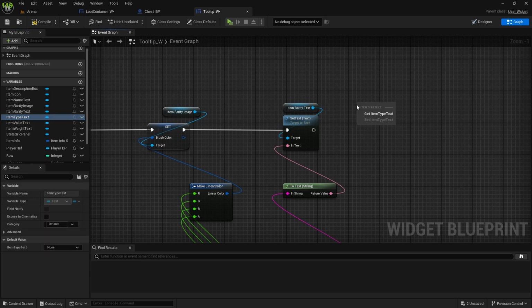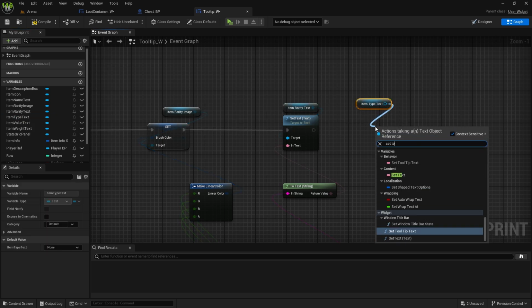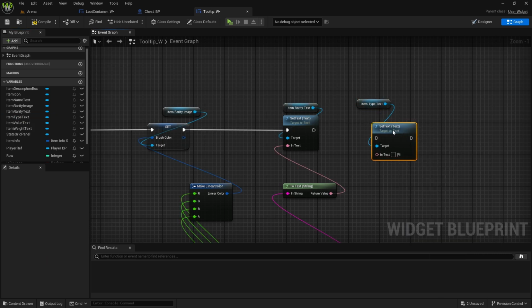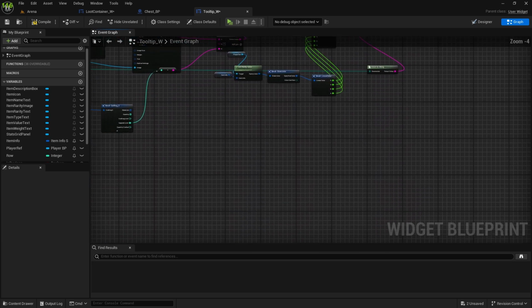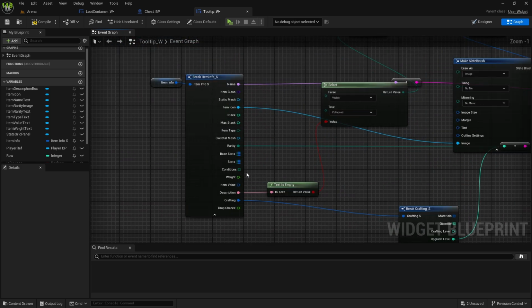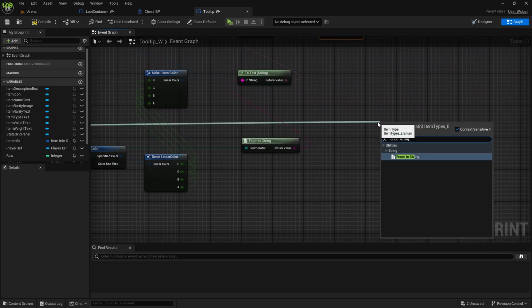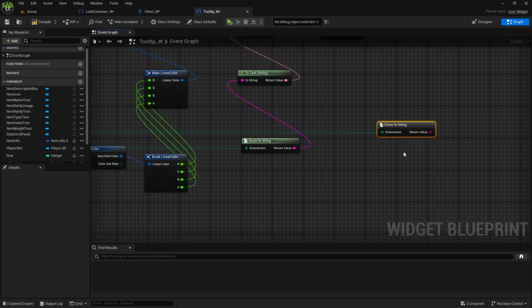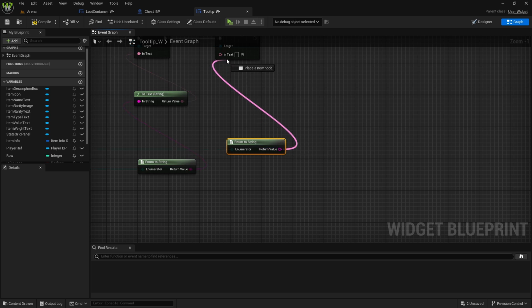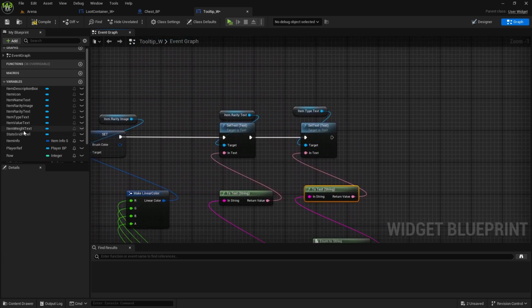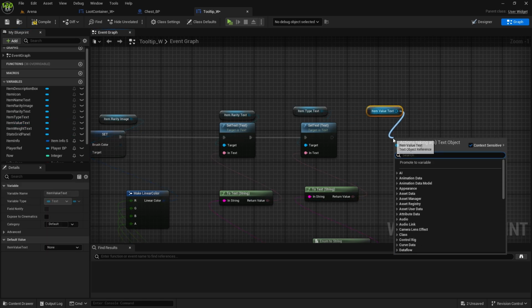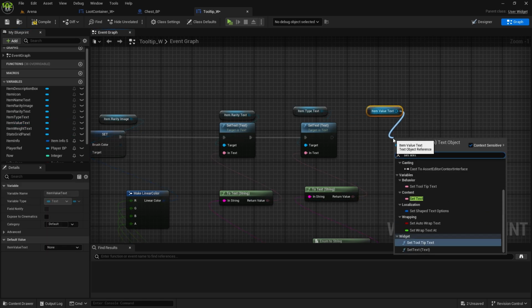Item type, set text, again this will be type enum to string, and to text. Item value, set text,